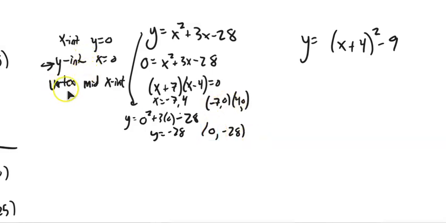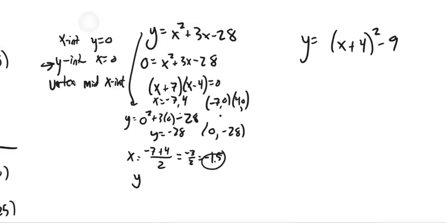Now I want my vertex, and my vertex is midpoint between negative 7 and 4, the x value is. So I'm going to average those two numbers together and see what I get. So let's see, negative 7 plus 4 is negative 3. Negative 3 halves. You could leave it like that. You could turn it into 1.5, whatever you like. And then to get the y value,